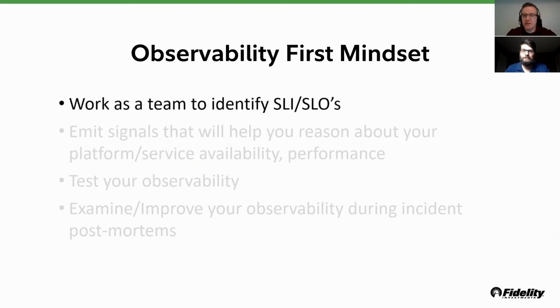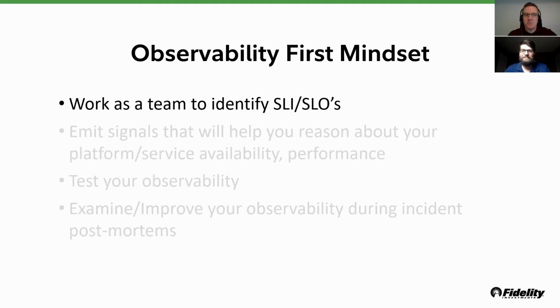A really good starting point here is working as a team to identify what matters to our customers. And like many of you, we are absolutely customer obsessed. We want happy customers all the time. One way we can achieve that through observability is being able to identify when our customer experience might be going in the wrong direction. And that is where having clearly defined service level indicators and service level objectives is a must. I'm going to leave it there on that topic because Pete's going to get a little bit deeper on that later on.